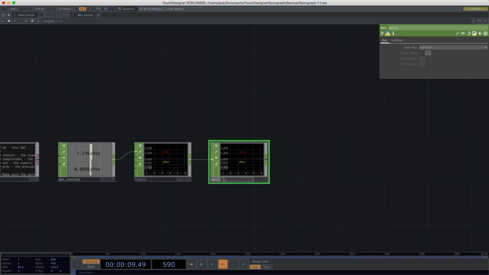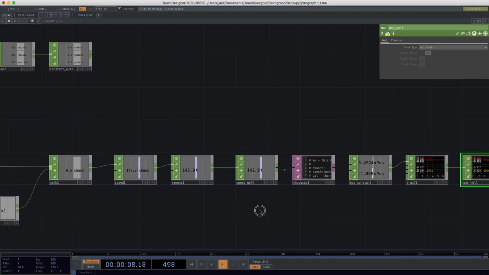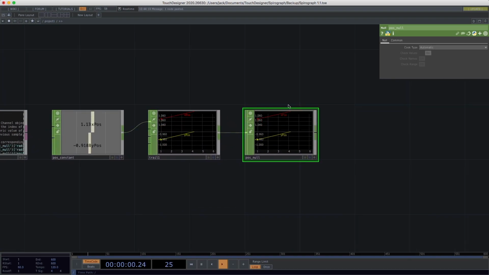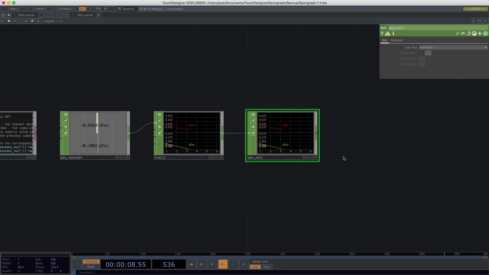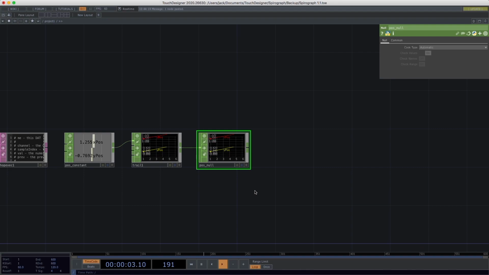Then I drop down a null at the end, and I'm going to call this position null, just so that I know that that is where the positioning information for my SOP network is supposed to be coming from. What we're going to do is actually use this chop information to start drawing stuff with our limit